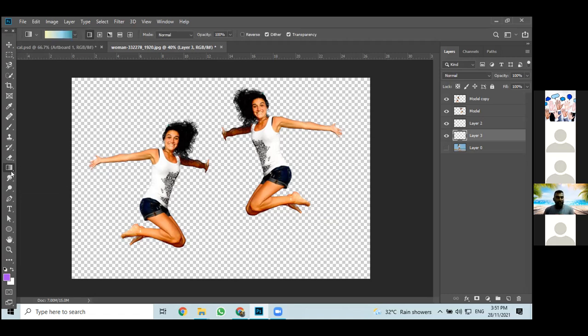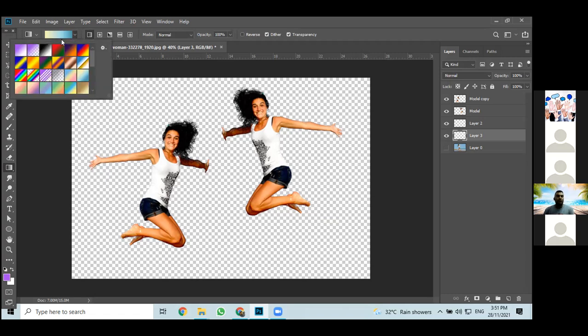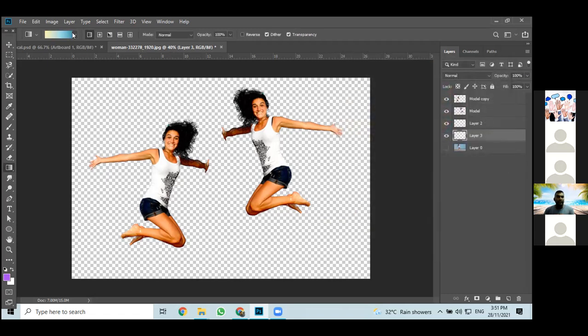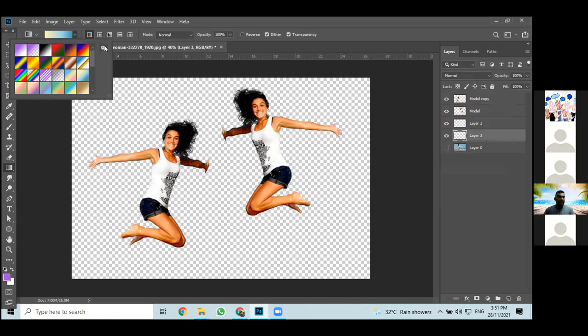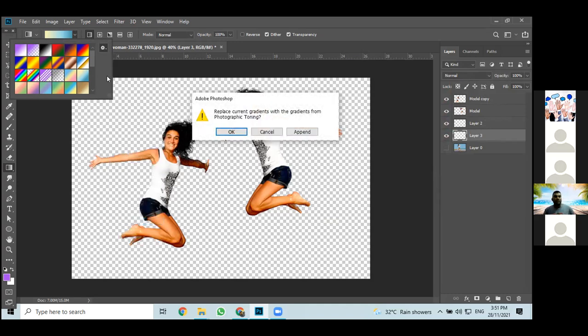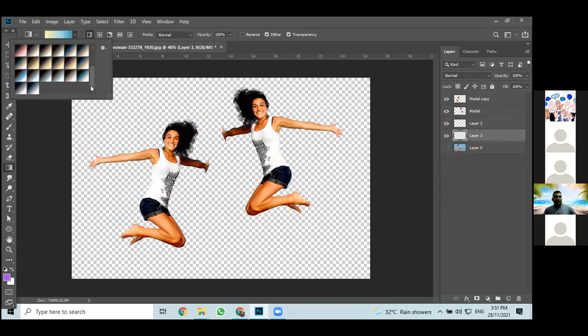Once you change to the gradient tool over here, select the drop down. Either you can select any colors that you want from here, or you can click the gear button, the action button. It's still the same. You can see harmonious color, metal, neutral, density, noise. All these are already there, you just have to click and then okay. So these are a few colors that were given to you. But if you want to play around with your own color,